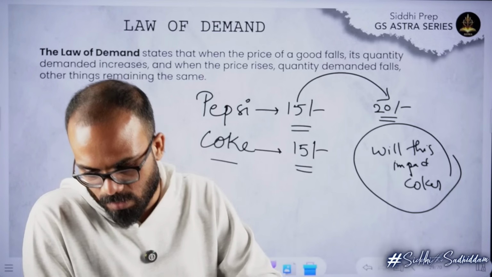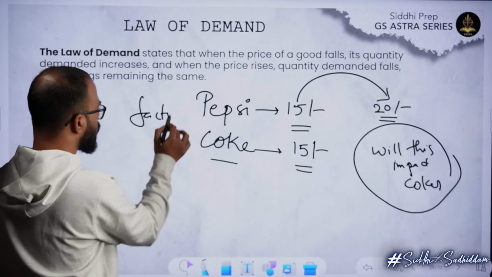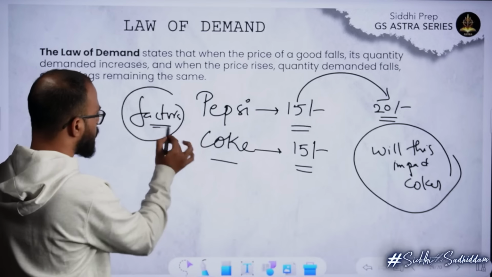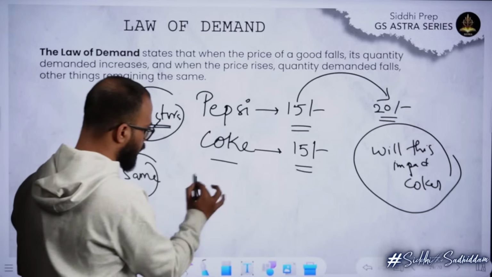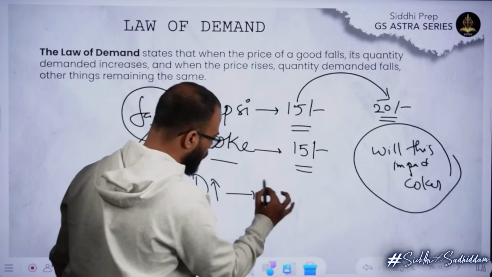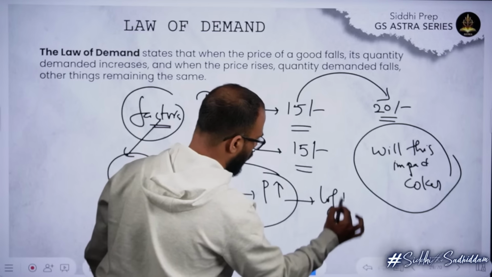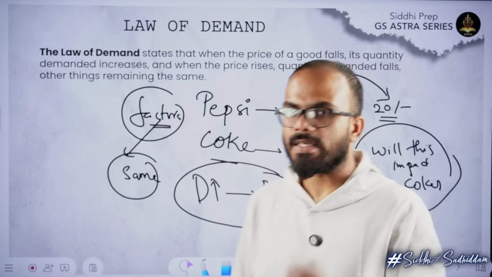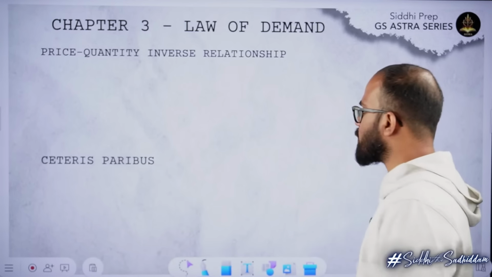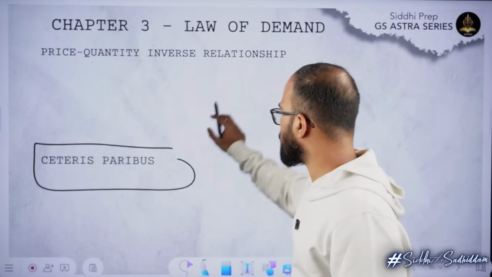Yeah. It will impact Coke, right? So there are various factors. There could be multiple factors, but when all these factors are the same, if demand increases, then price will increase. This is called the law of demand, and there is one specific word for this. In the 2025 exam papers, the word was asked, and the word is Ceteris Paribus.